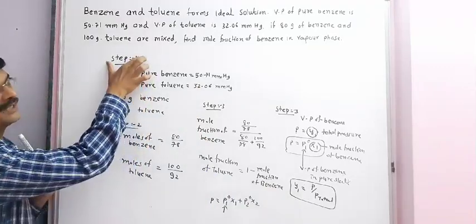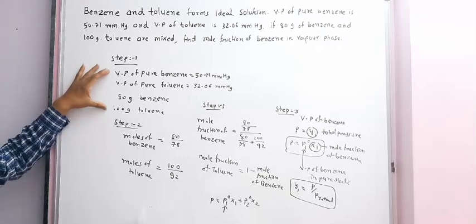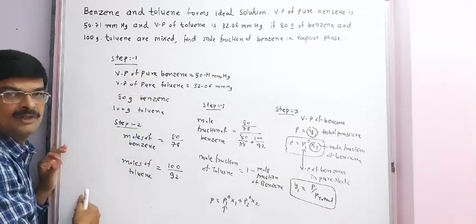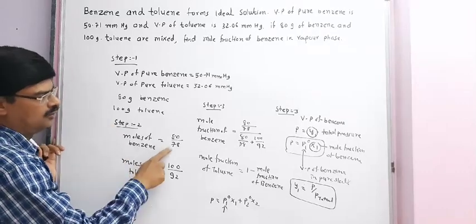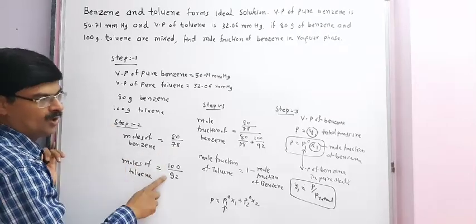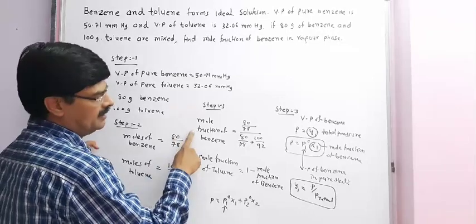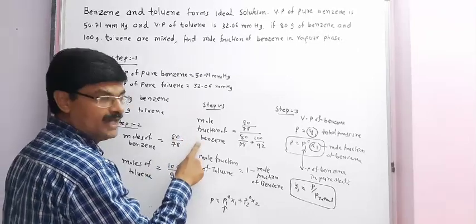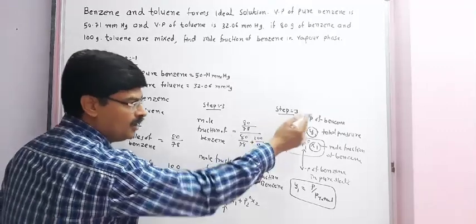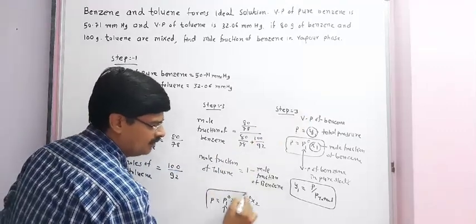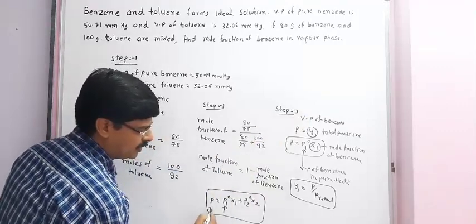What you need to do in step 1, write down all the data which is available to you. In step 2, find out the moles of benzene and moles of toluene. In the next step, you have to find out mole fraction of benzene as well as mole fraction of toluene. Now, before doing step 3, you have to find out P total